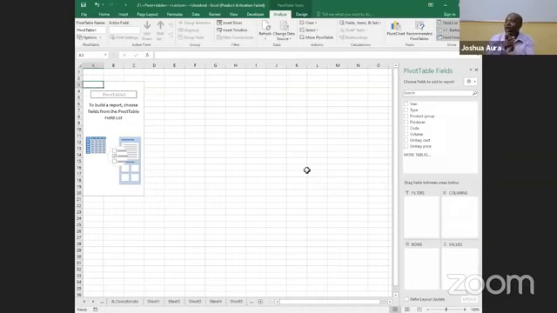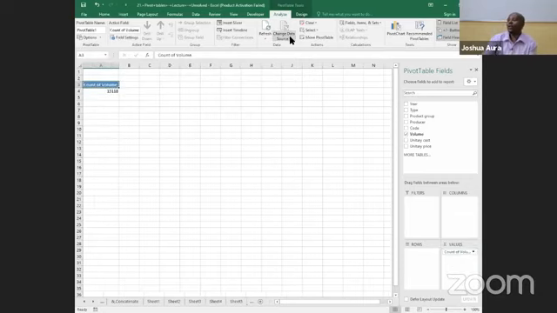So with this new data, new worksheet, ladies and gentlemen, I'm going to place my pivot table there. So what I'll do, I can see the fields. These are the fields. The field which I would want to analyze is the volume. So you bring your cursor here to volume, click the volume there, hold on to it, and drag it down to the value. It is the one that I would want to evaluate,